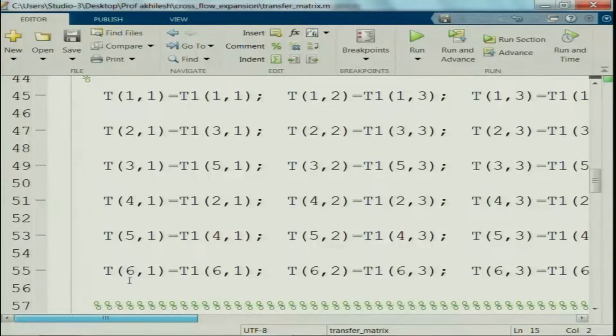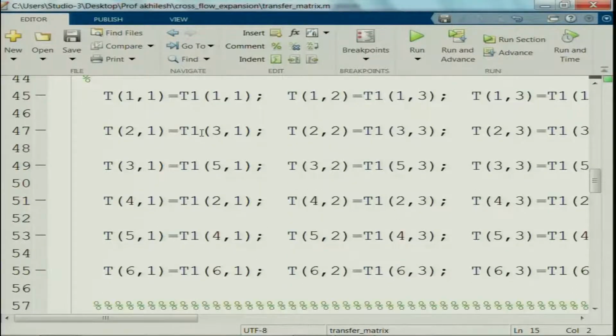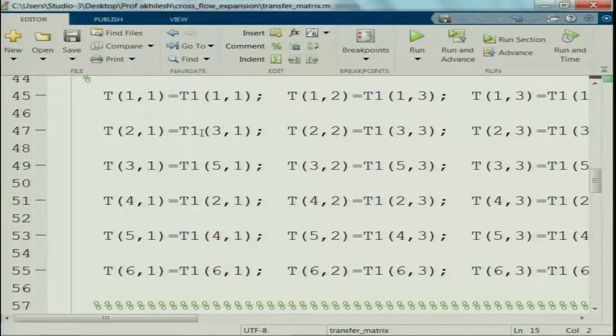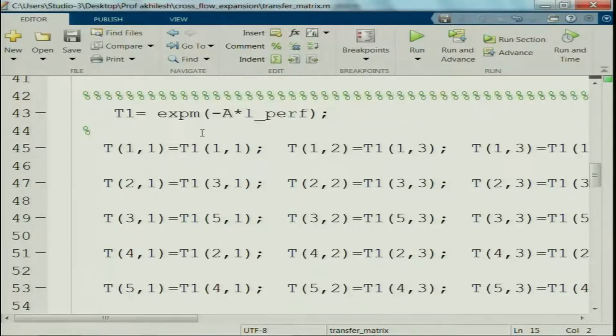It requires a lot of coding, it requires a lot of patience. Coding, in my opinion, is a very humbling experience. You will make a lot of mistakes, but do not get disheartened by that. You might have to spend hours to debug your code. I would encourage all of you to write your own codes for a simple expansion chamber, and gradually move on step by step to more complicated muffler configurations. And then when you do that, you get your T matrix integrated from 0 to L.